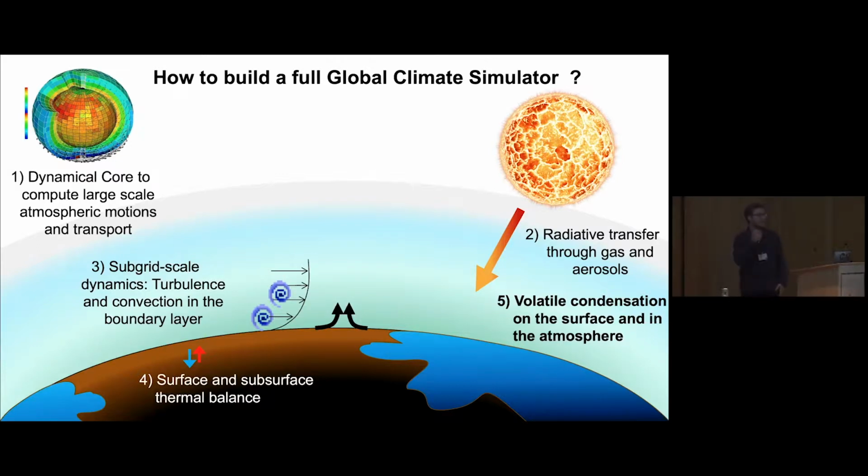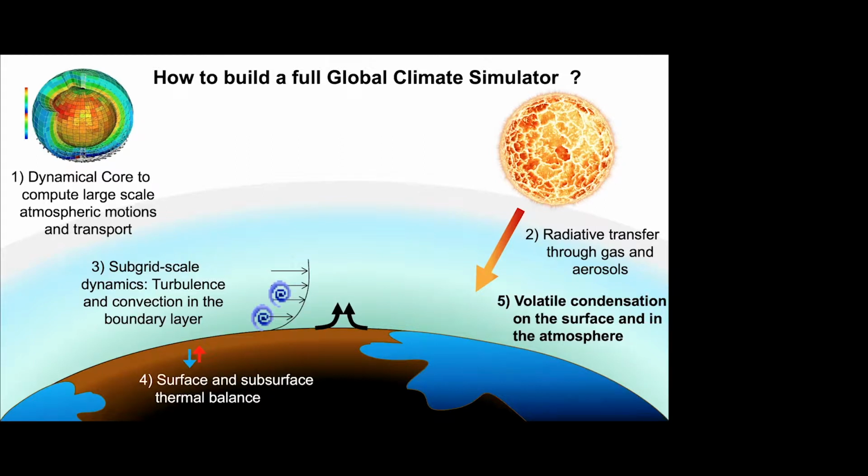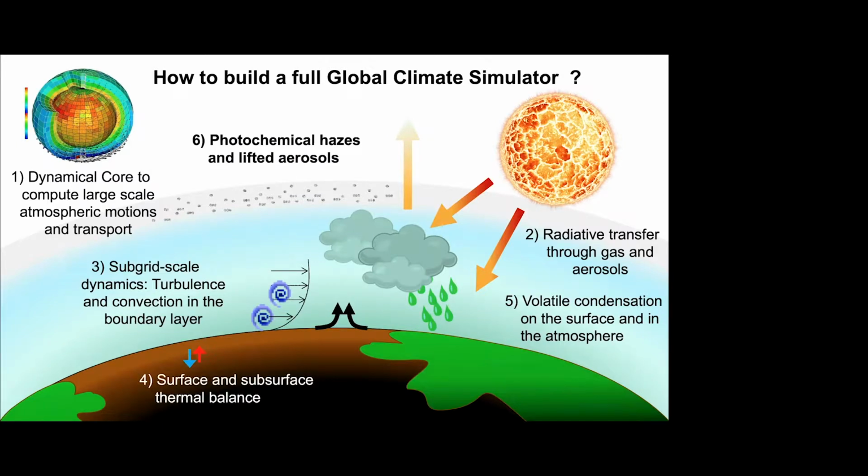The fifth thing you want to take into account is the thermodynamics, which is the way the condensable species can either accumulate on the surface or evaporate, for example forming clouds, and then precipitate, and then they will affect the radiative transfer by reflecting or absorbing some light. Of course, here I chose the blue color for you to feel like you were at home, but you can imagine a planet with a completely different component, for example lakes of ammonia or whatever types of extreme condensable species. And the last thing you want to include, if you want to be even more sophisticated, is some photochemistry, for example to account for the possible presence of photochemical hazes.